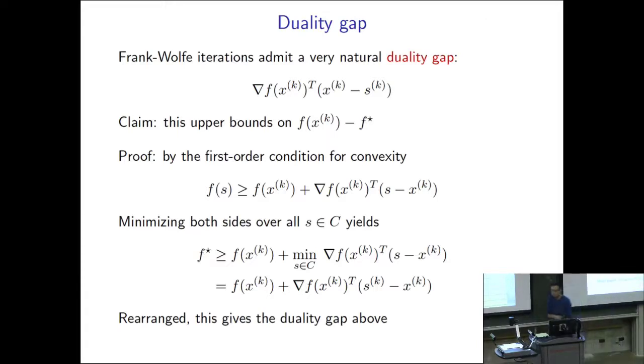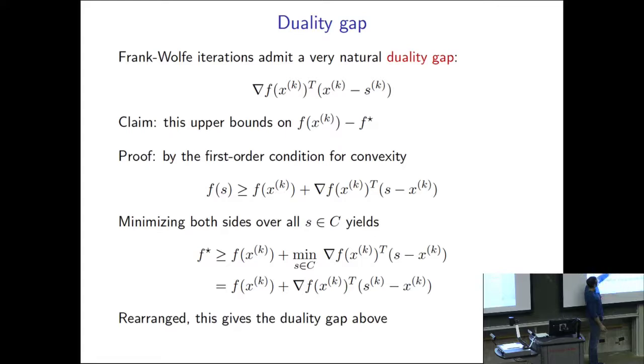Right? The picture of that is this. Any convex function is lower bounded by its tangent line everywhere, around any point. So that's a fact by convexity. In fact, it's equivalent to convexity if f is